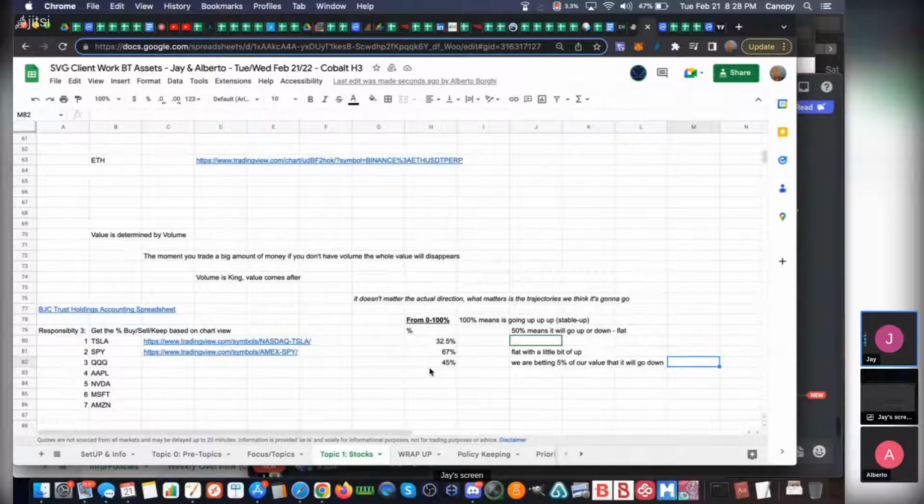And we're saying, okay, it's a little down. We could say, okay, 40, 43, that we think it's going to go down a little bit more than 5%. Maybe it's 8%, right? We're betting. Whereas with Tesla, it looks like Tesla's going to continue to go down. And we're basically betting, over like 17.5% of our value, we think Tesla will continue to go down. But that means we're still keeping